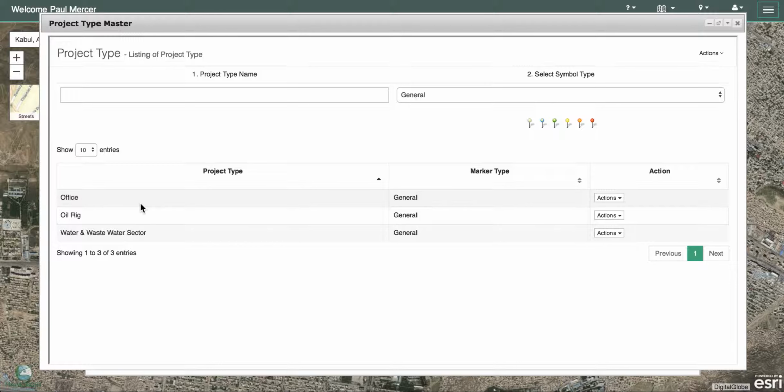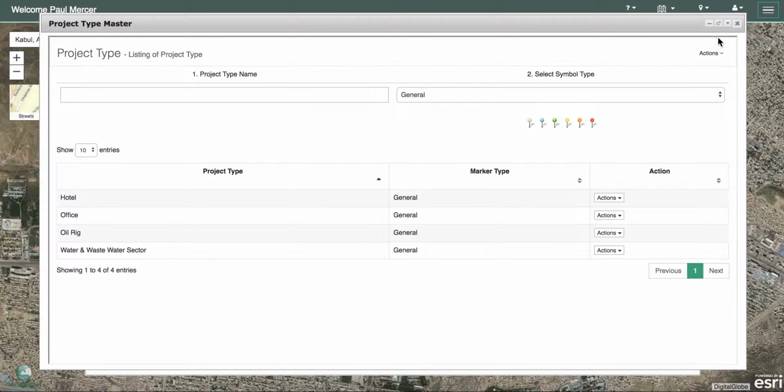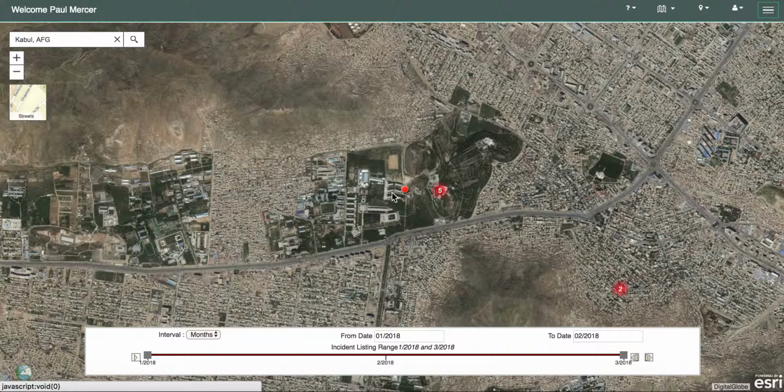And at the moment, the types of projects that I have in place are offices, oil rigs, and wastewater sectors. So I would like to add a new one called hotel. I'm going to put a general symbol behind it and then press save. Now the reason behind this will become more apparent when we start in video 8 when we talk about building a risk treatment plan, because we can assign controls against a specific project type. Which means that we can always reassign those controls the next time we're looking at the same project without having to re-enter those controls. So having done that, I can go back onto the map,